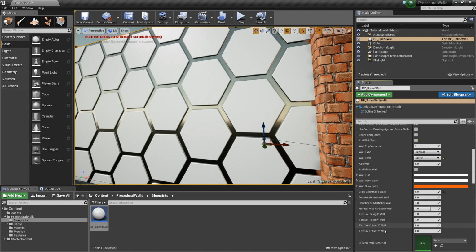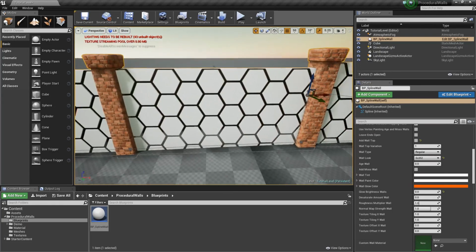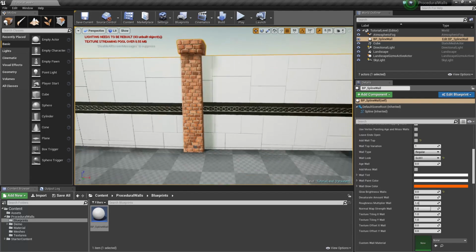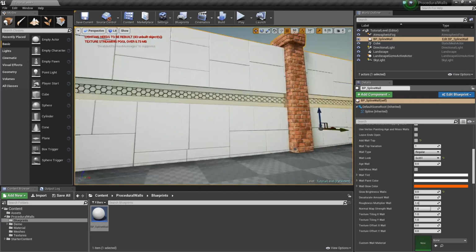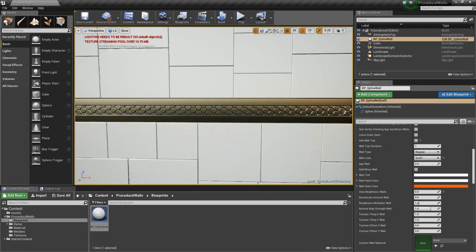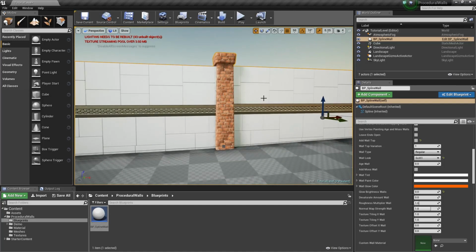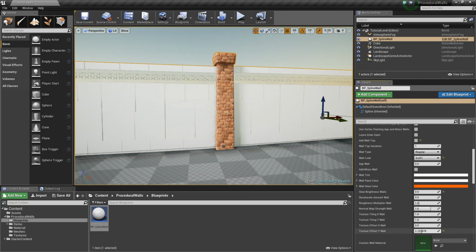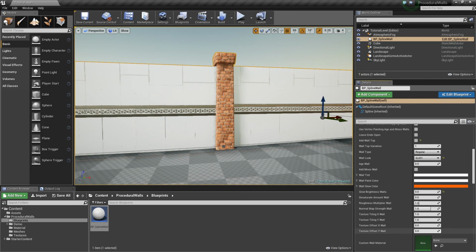Okay, now the offset, you can adjust the offset, how the texture is placed on the wall. That is useful for some of the textures that don't uniformly tile in all directions, like Sci-Fi Wall 1. You've got this strip in the middle. And if you want that strip to be lower or higher, you can adjust the offset Y. If you want it to be up top there, or maybe you want it at the bottom,